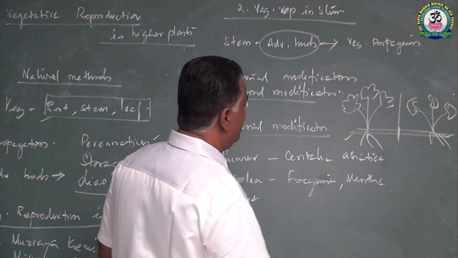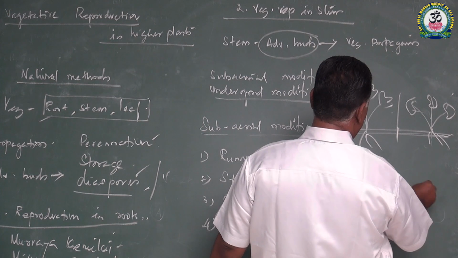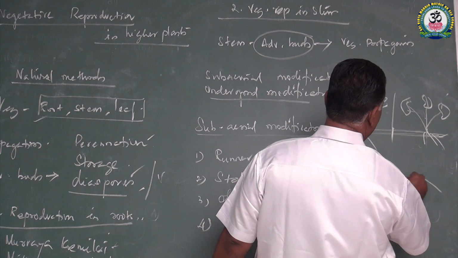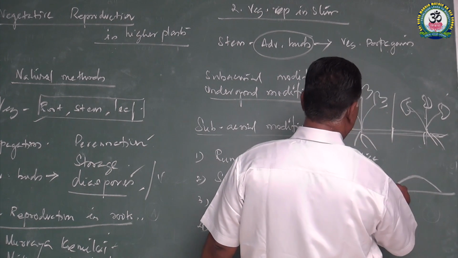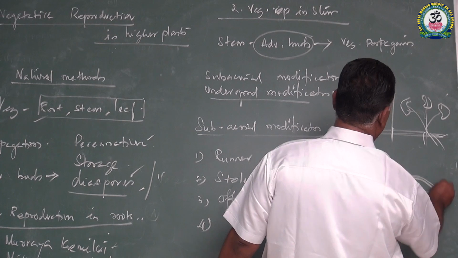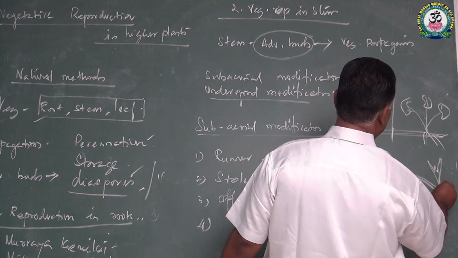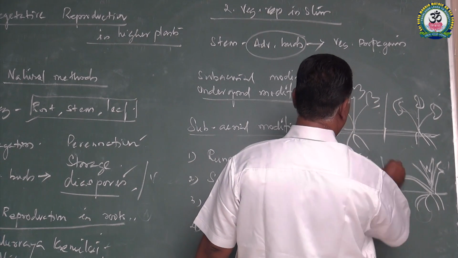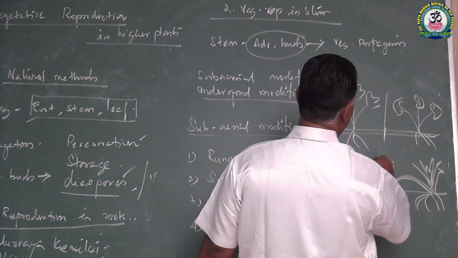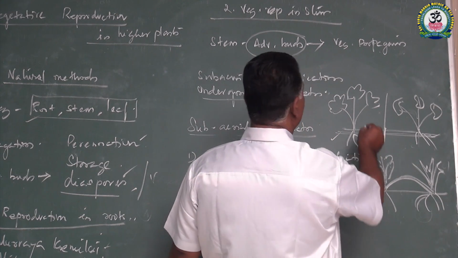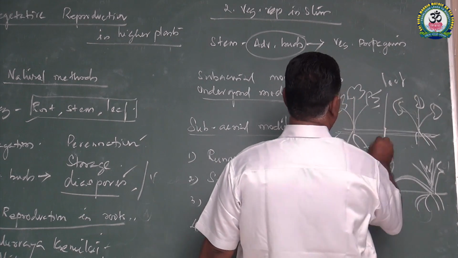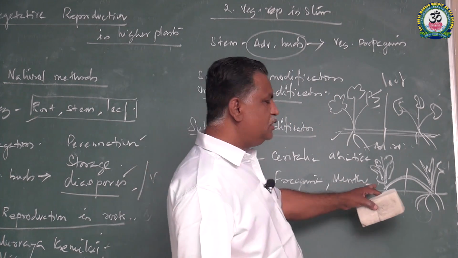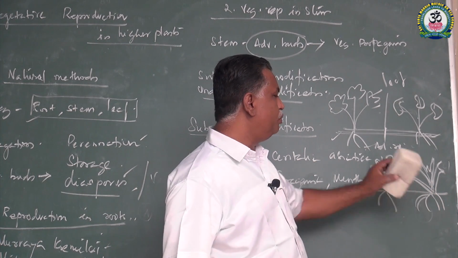Fragaria and Mentha, it's the same type, but the only difference between the runner and stolon is that the horizontal stem bends upward a little and touches the ground. Here you can see the leaves are produced in clusters and adventitious roots. These are all adventitious roots, and leaves are produced in a cluster. So this is a tuft of leaves and these are adventitious roots, and if a cut is made, each one will develop into a new plant.